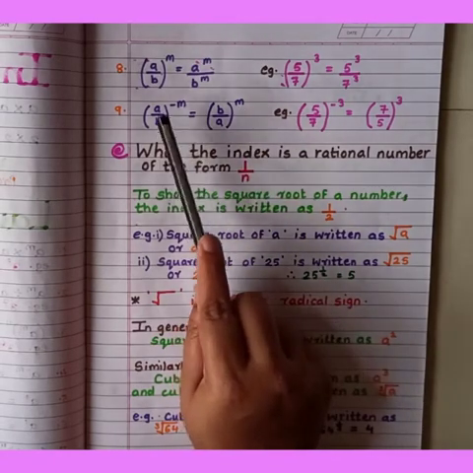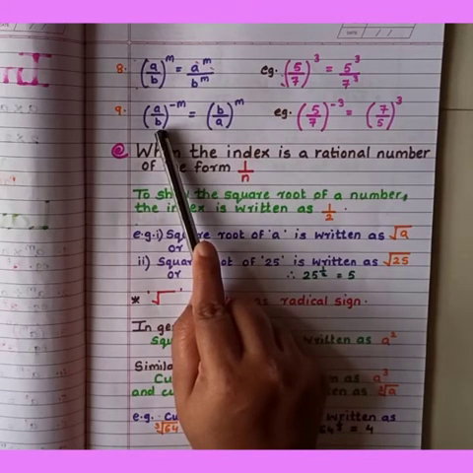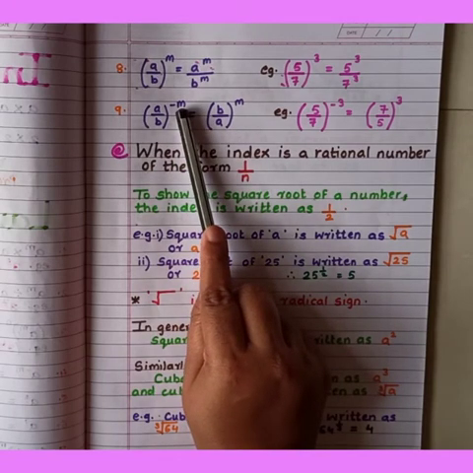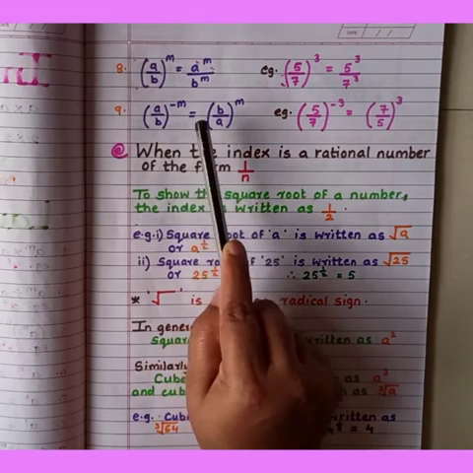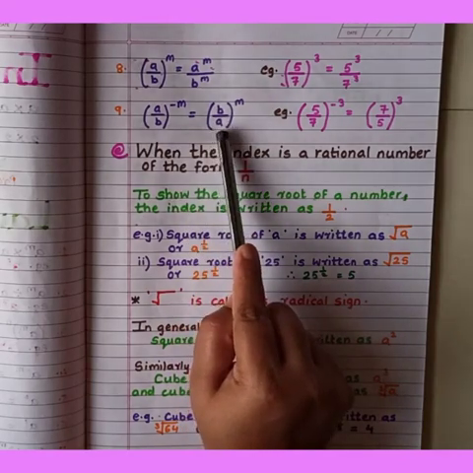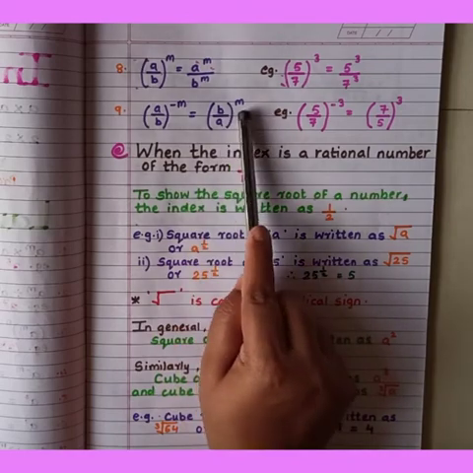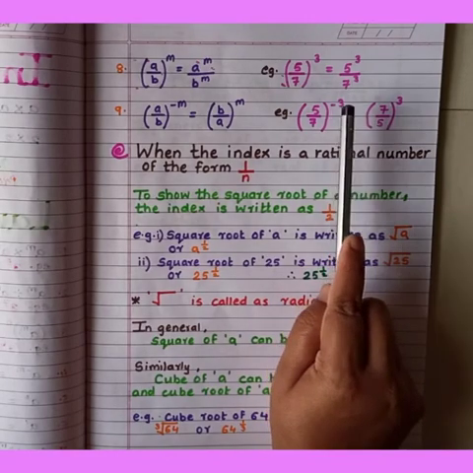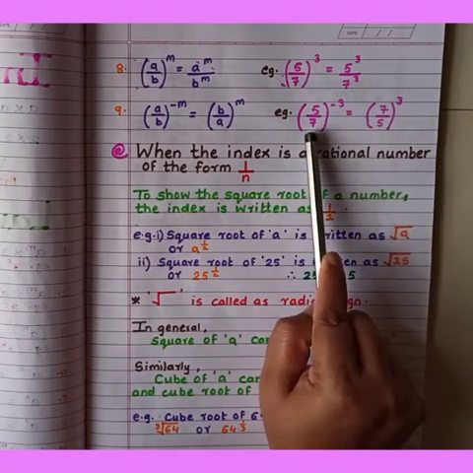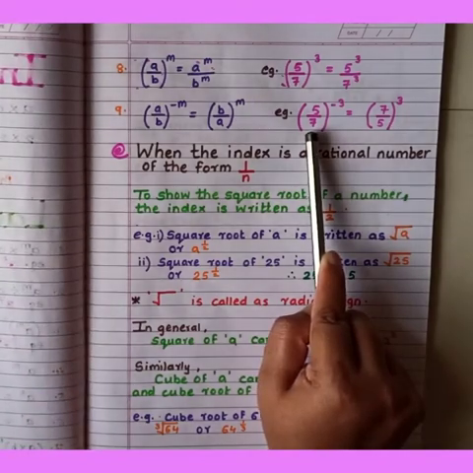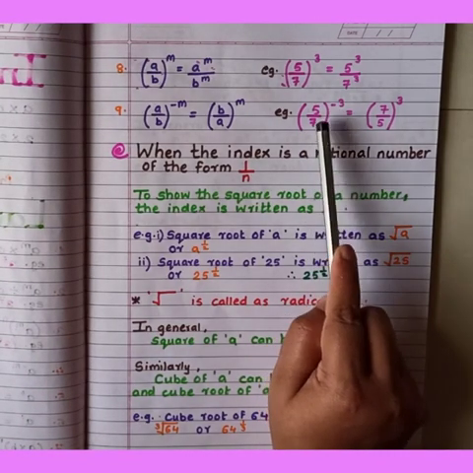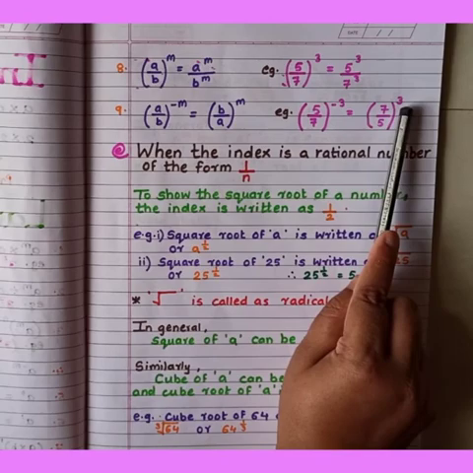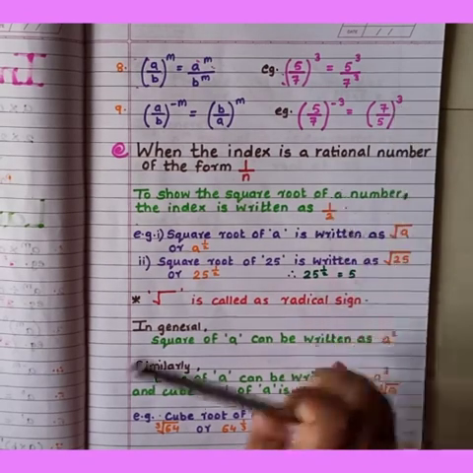Okay, again I am repeating. When we have two different bases and a negative index, it becomes positive when we take the reciprocal of the term. So B upon A raised to m. Example: 5 upon 7 raised to minus 3 becomes positive when we take the reciprocal of 5 upon 7. So the reciprocal of 5 upon 7 is 7 upon 5 and then the power becomes positive. Got it, students? Now the next